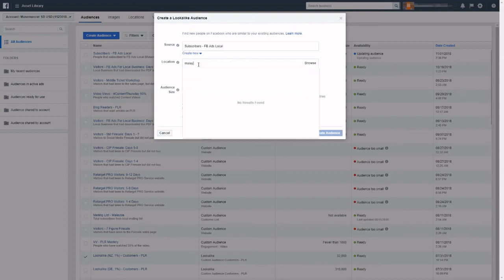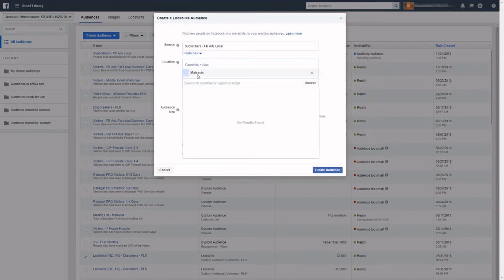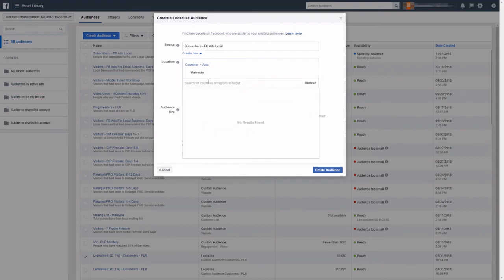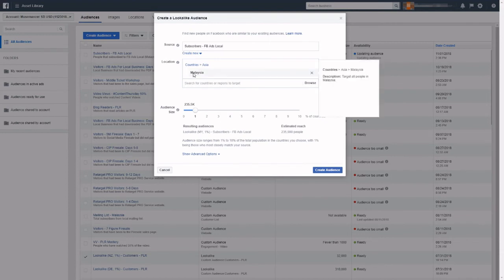So for example, mine, I'm going to have it here in Malaysia because this is a local mailing list and I'll find people similar to that. Although you can find people like that in other countries as well. But right now I'm just going to put Malaysia because for this particular list, I'm having only people within the country. Next time, if you want to find similar people like that in other countries like United States and all that, you can go ahead, but I recommend you just put one country over here and no more